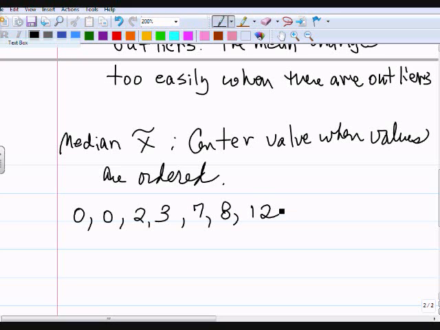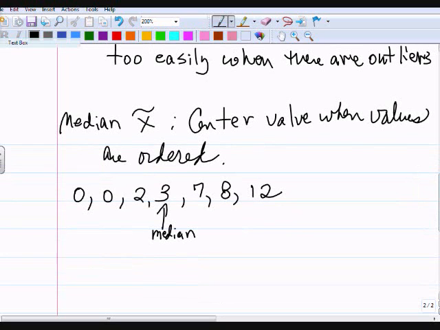And my median is a value that's going to be right in the middle. What is my median in this case? 3 is my median. There are 3 values above it. There are 3 values below it. Okay. While I've got my numbers in numerical order,